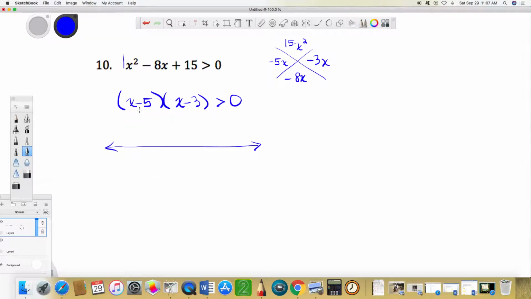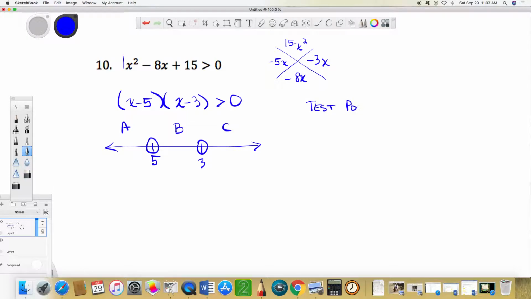That divides my number line, these critical points of 5 and 3, divide my number line into 3 regions. I'm going to leave those hollow because my inequality is a strict inequality. It does not say greater than or equal to 0. It says strictly greater than 0. So I'm going to make a table